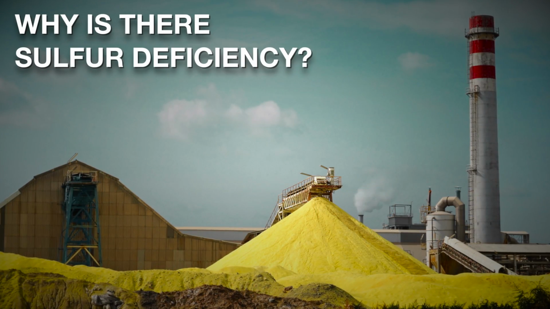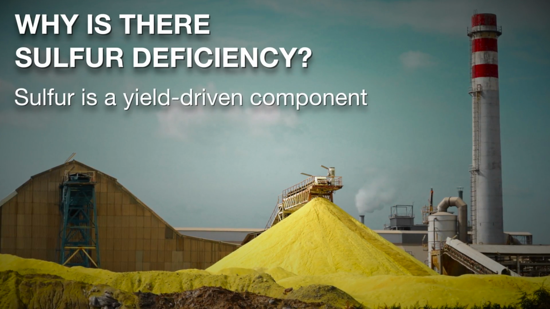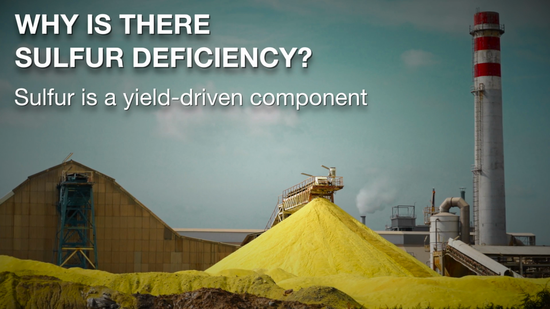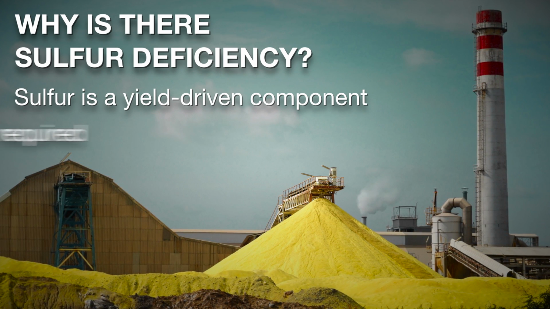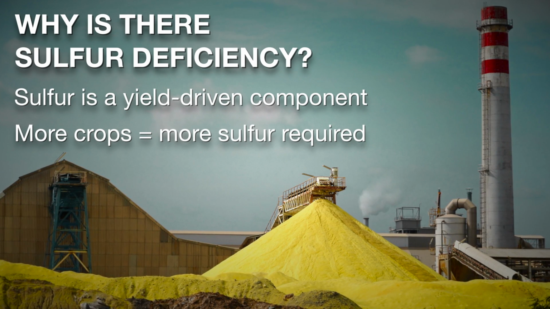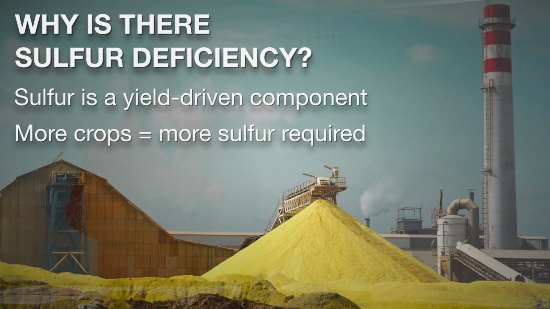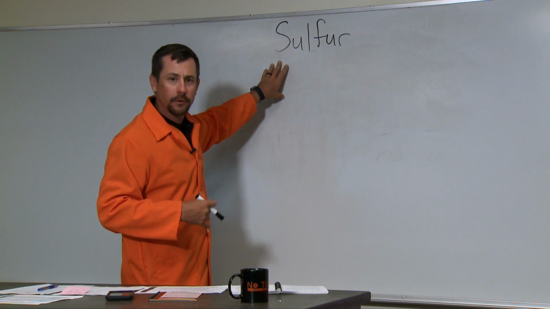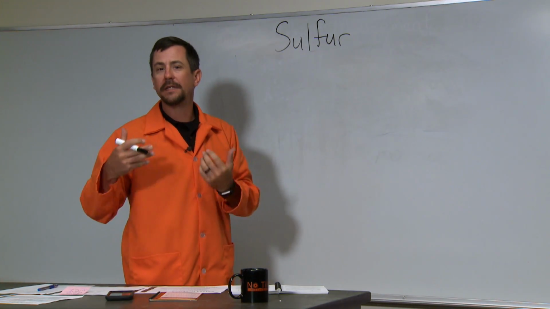Why are we seeing more sulfur deficiencies? One, sulfur is a yield-driven component. How much sulfur we need is driven by yield. Over the years, we have an increased yield across all of our crops, so we're having an increased need for sulfur in our soils. Now, one thing we keep in mind, sulfur is in low need, total need, as compared